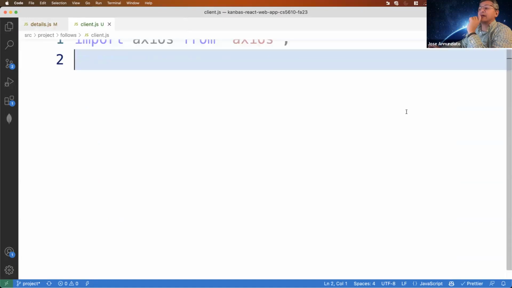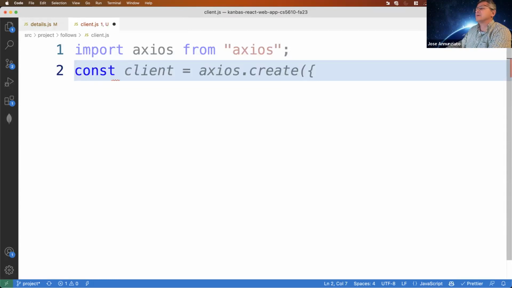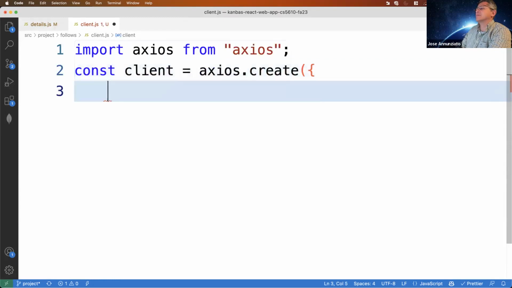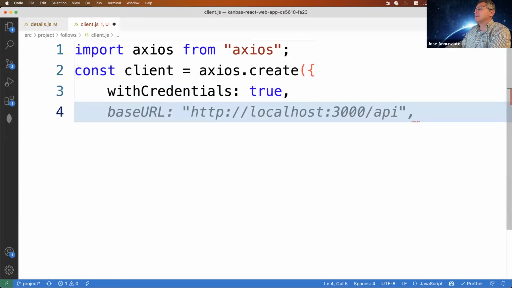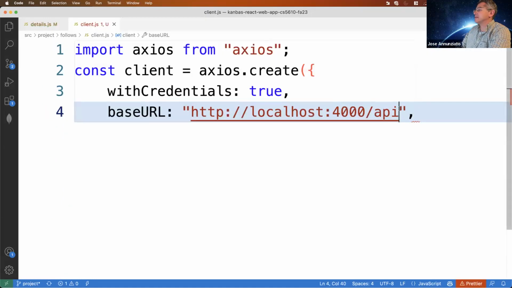But this Axios is going to need to participate in the session, so it needs to turn on credentials. So we'll do const client = axios.create with credentials true. The base API, I guess, yes, that is correct. It is 4,000. Is it API? They all start with API, and they all start with API users. So let's do API users, meaning it will append this to all the requests that are going to go out.